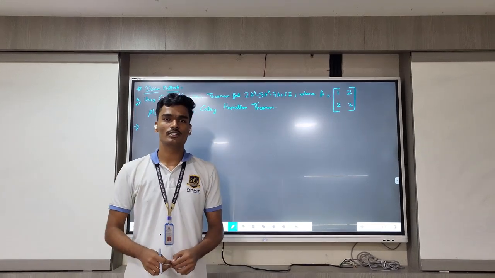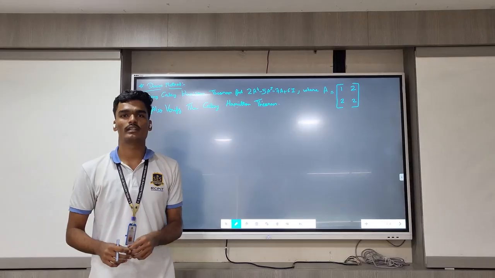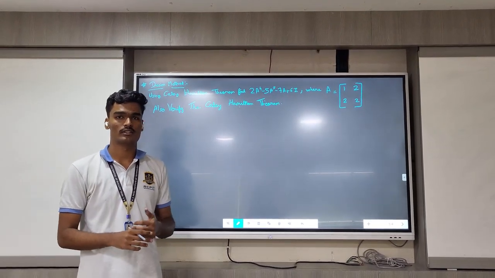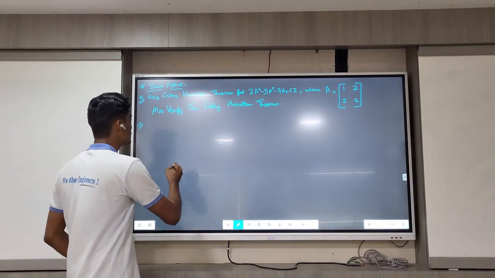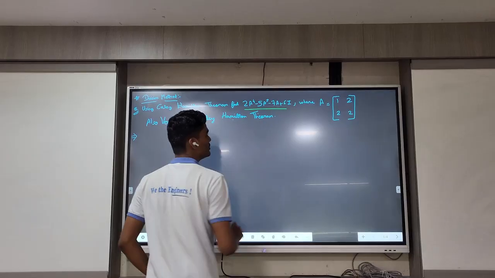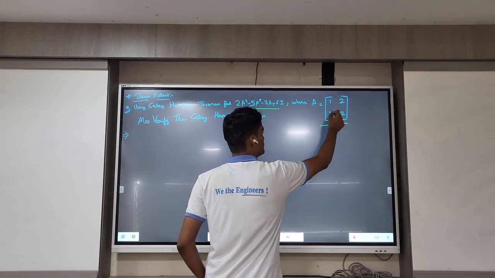So hello everyone, today I am Deep from second year AIML and I will be solving an interesting example on the topic division method of Cayley-Hamilton. So let's get started. Here is an equation, we have to find a solution of this equation and we are given a matrix of order 2 by 2 which is this.